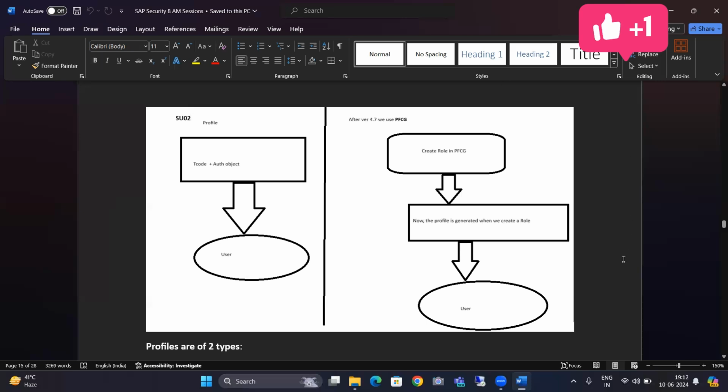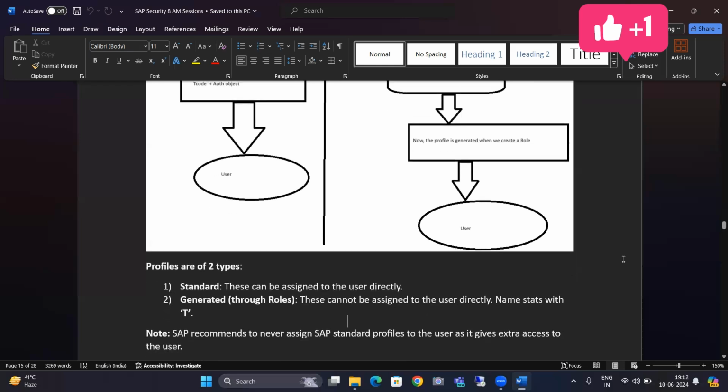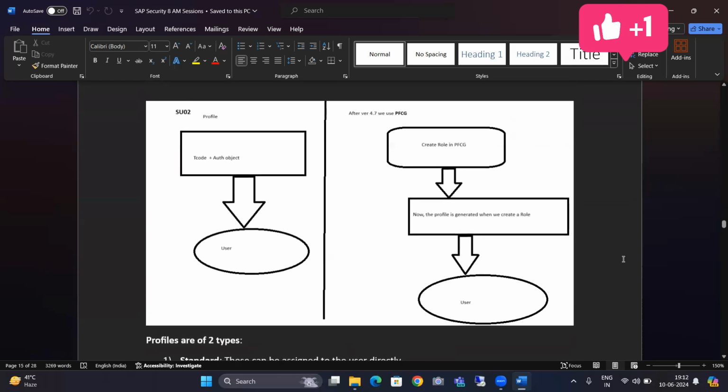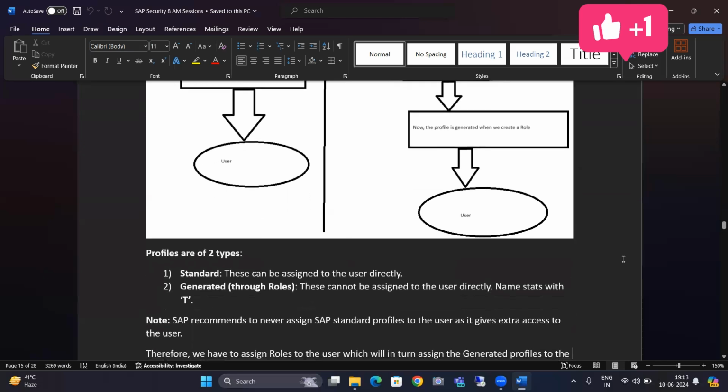और remember, user को access profile से ही मिलती है, but we have to assign role so that our profile can be associated with the user. We do not assign profile directly to a user, that's it. यहाँ पे ये चीज है, कोई confusion इसमें? Theoretical समझ आ गया, practically अभी नहीं कर पा रहा हूँ, लेकिन ठीक है।